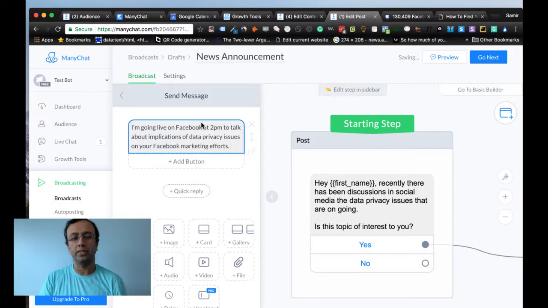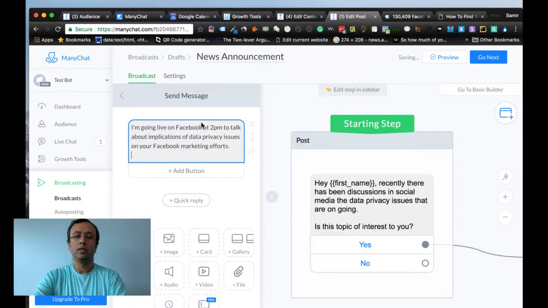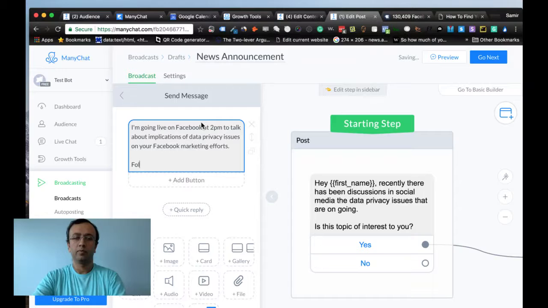Okay, I just came up with something. Following is a link to join. Because the event is going to happen very soon, you just want to give them the link to join. It doesn't make sense to remind them unless the message is far in advance of the actual event. In this case, I assume that you are sending this a few minutes prior to the event, then it makes sense to just send them the link, right?